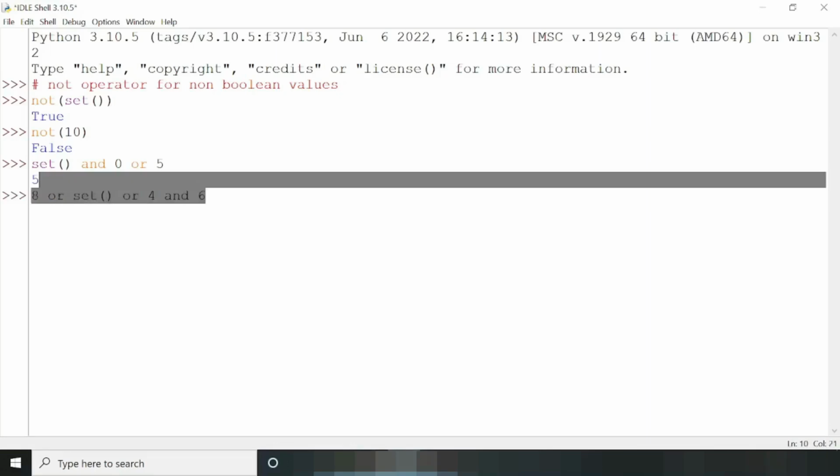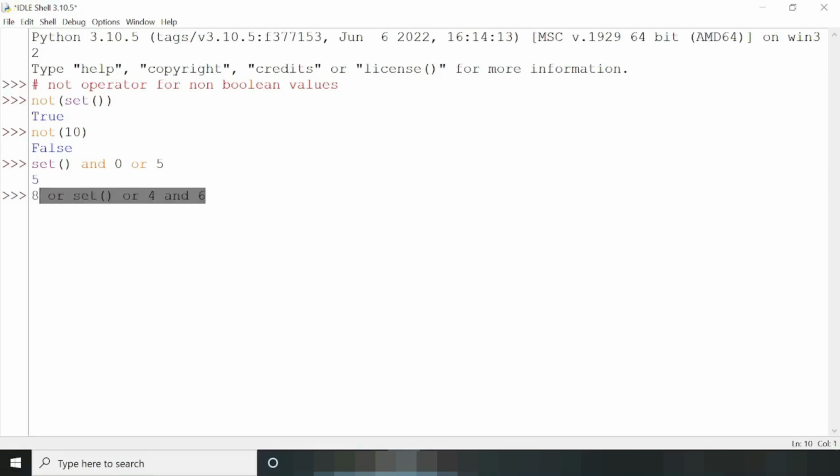So here we have another expression, but I'm not going to solve it. This is your homework. Solve this expression